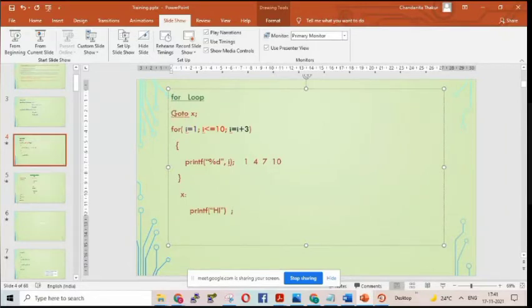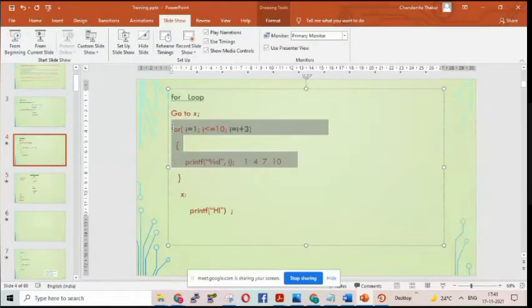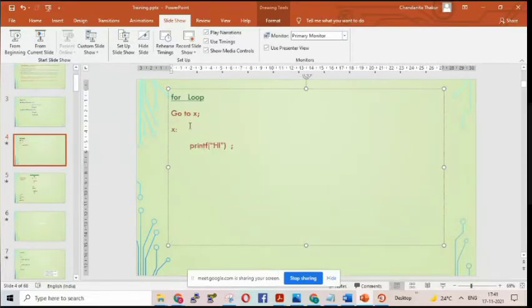See, in this part of the program it is written go to X. So what will happen is that this whole statement will not be executed, as if it is not there. Where will the control go? It will directly go to the place called level. Level is nothing but a label name.